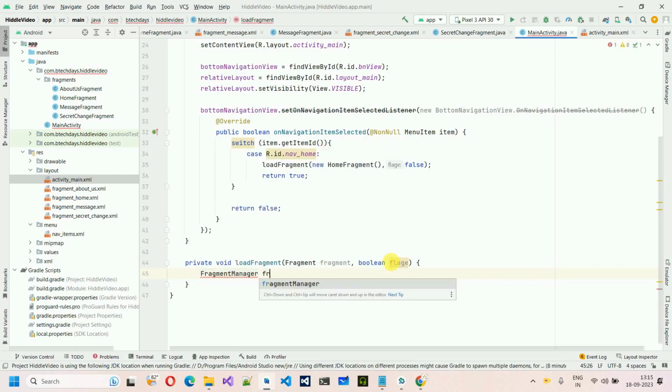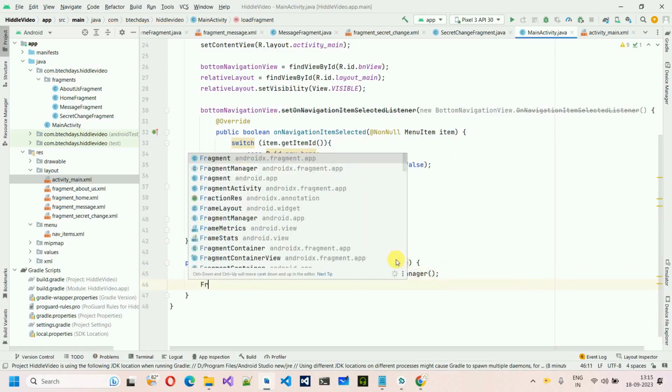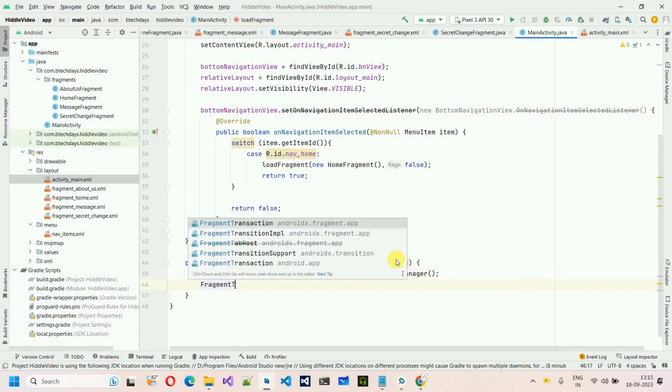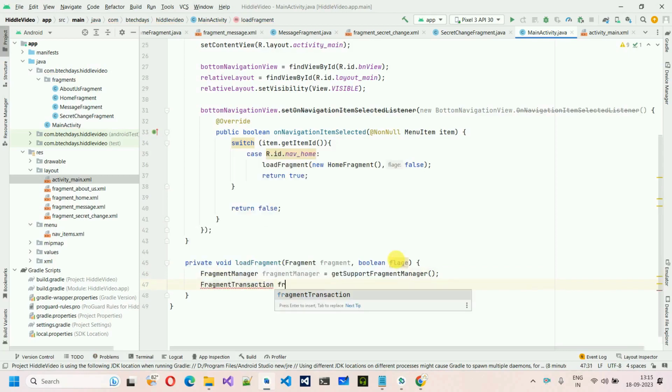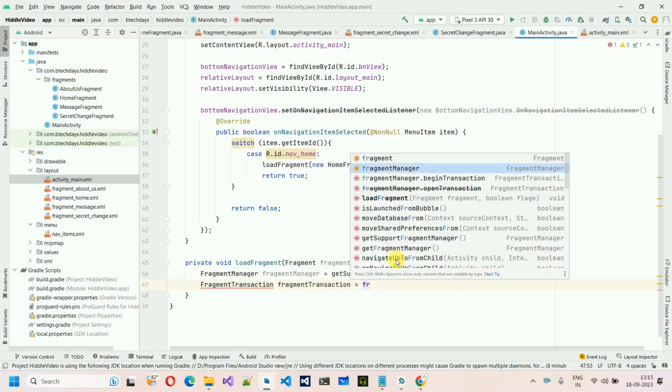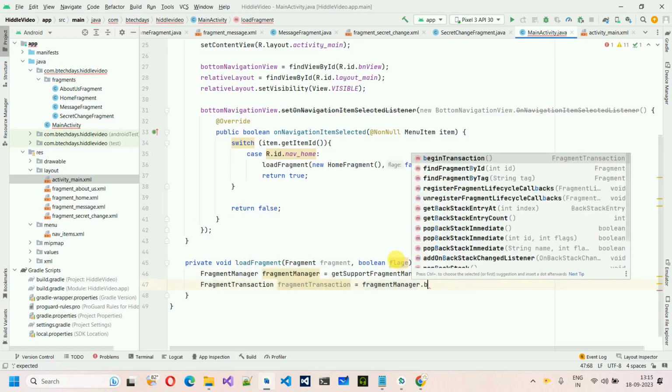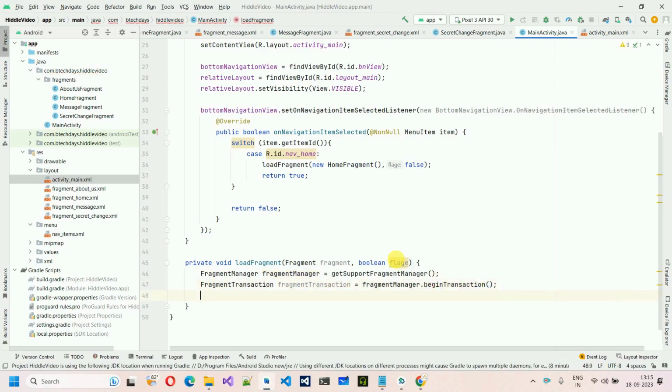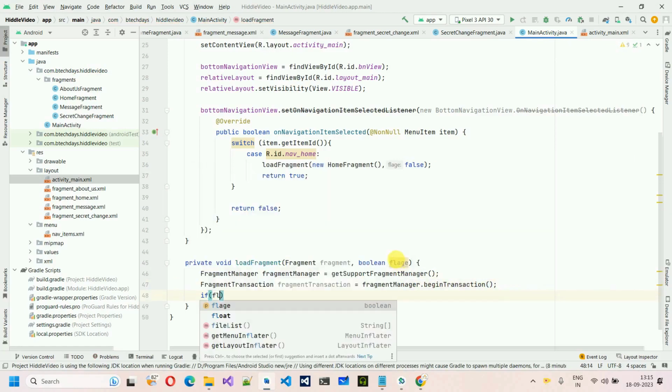Fragment manager is equal to get support fragment manager. After this, we have to create one object of fragment transaction. So create that fragment transaction. Fragment transaction is equal to fragment manager dot begin transaction. If flag